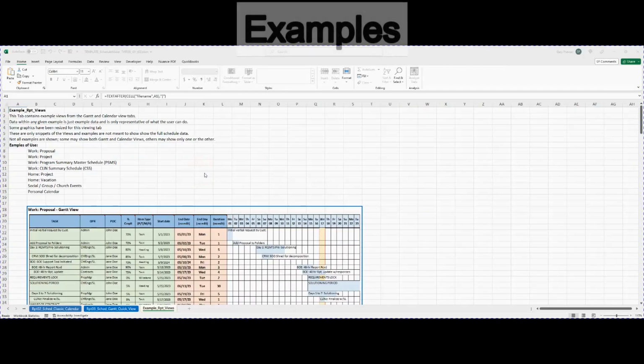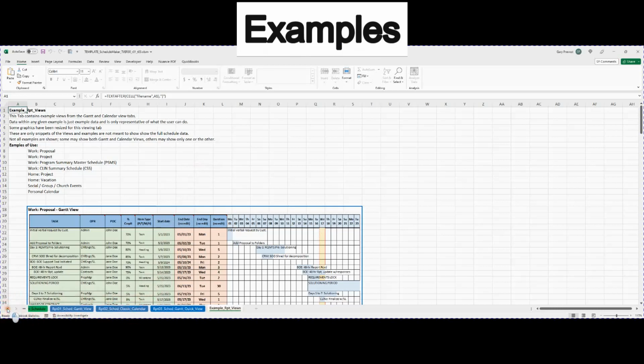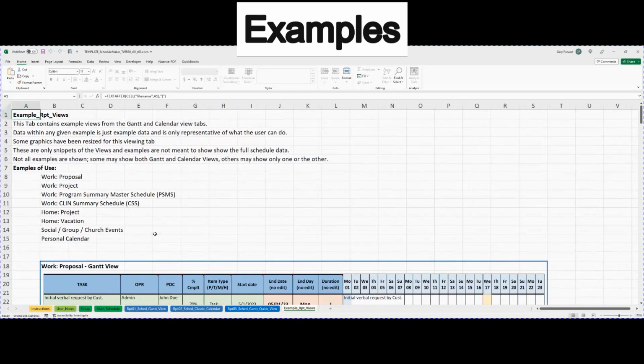We're now looking at the Example tab, which is at the lower right of your screen. I'm going to scroll left here, and if you look at the bottom of the screen, you'll see all of the tabs. To the most right, there is the example, and that's what we've selected. And I'm going to zoom in on this a little bit so you can see what it is. Basically, there's a listing of what can be done using the tool, some example purposes of the tool, and then there's